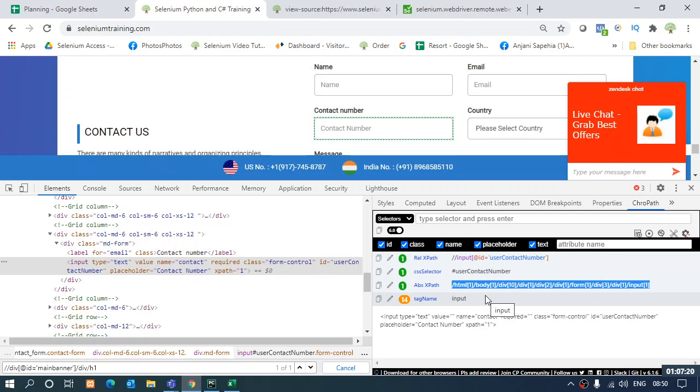For Chrome there are also some things that need to be taken care of, but I'm not going to cover that today because it will take some time and we may have to leave it in between. So I'm not going to cover it right now. We'll talk about it in the next session.